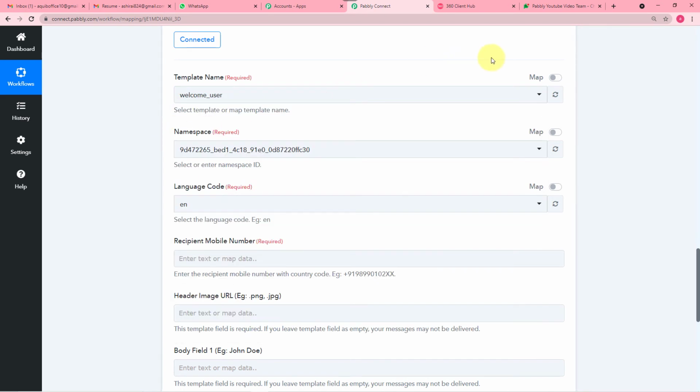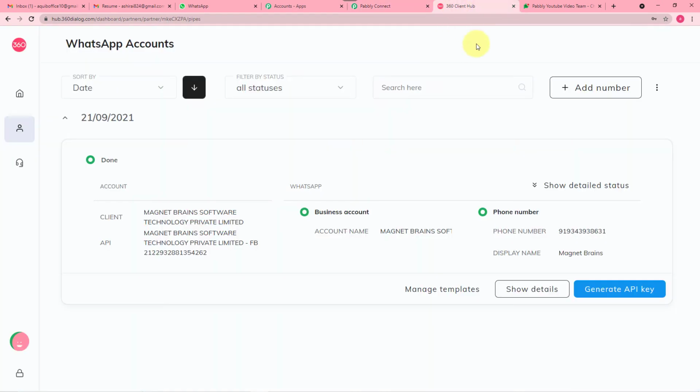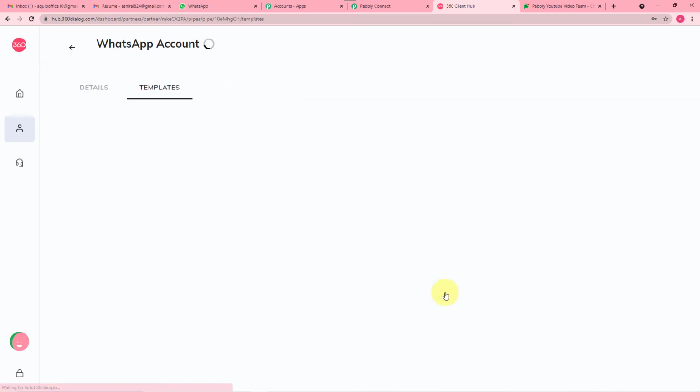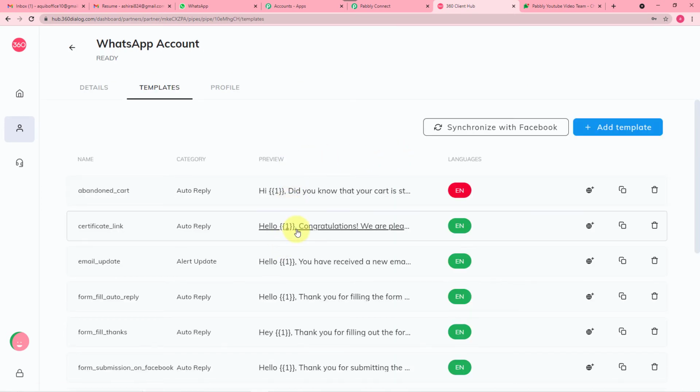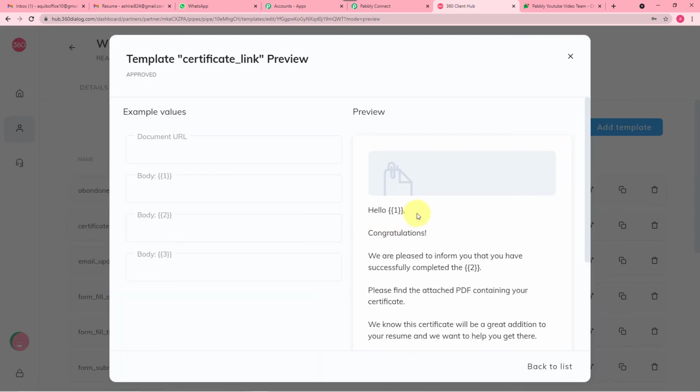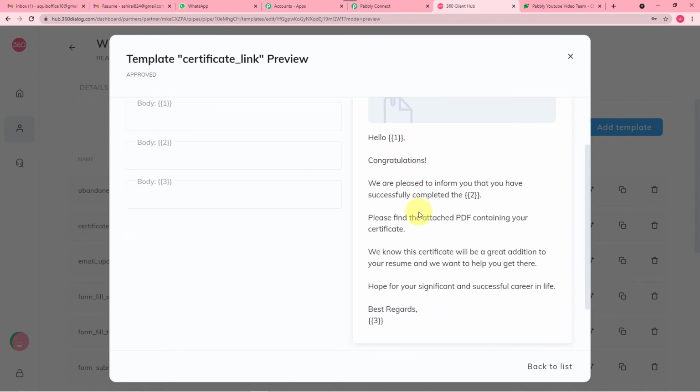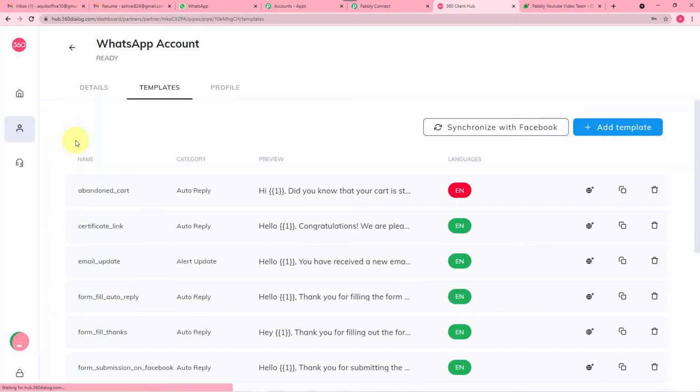So first of all, let me tell you what these templates are. So I am going to my 360 dialog account again, and here I am going to click on manage templates. So these are the templates we have. So what are these templates? Actually, templates are nothing but the predefined message structures that we are going to send to our clients or customers, or to whomever we want to send WhatsApp messages. So it will look something like this. So this is a type of message we are going to send, and these are the templates you have. So you can also create such templates by clicking on this add template button,